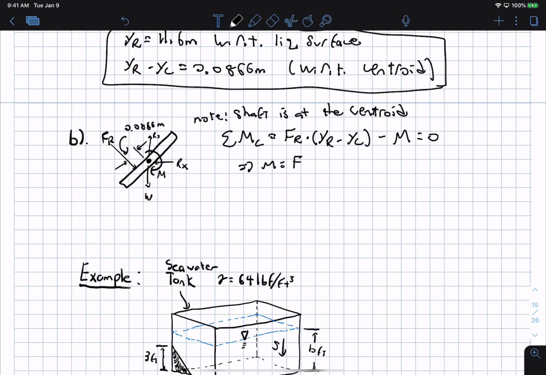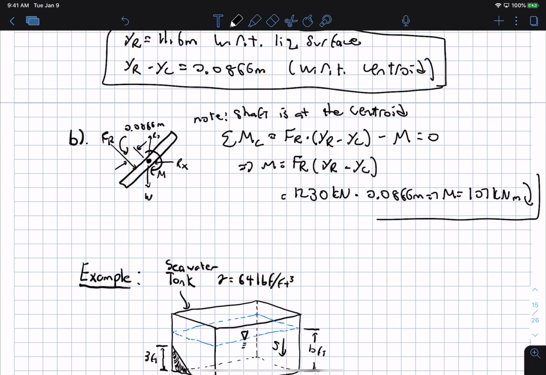M equals the resultant force times the center of pressure minus YC, which is nothing more than the moment arm between the resultant force and the shaft. And that equals 1230 kilonewtons times 0.0866 meters, and this implies that the moment is equal to 107 kilonewton meters clockwise. Okay, and so that is